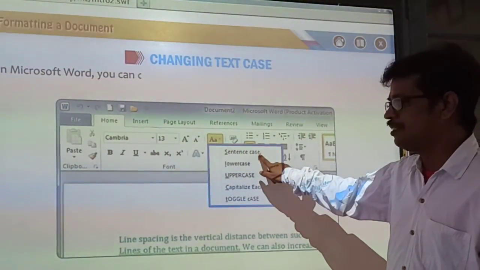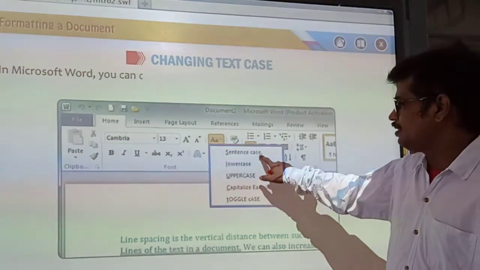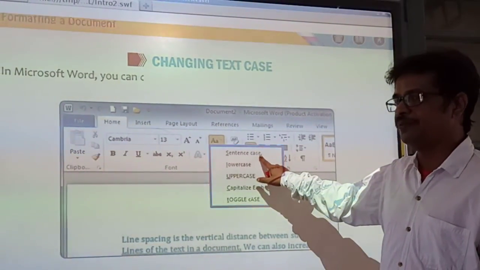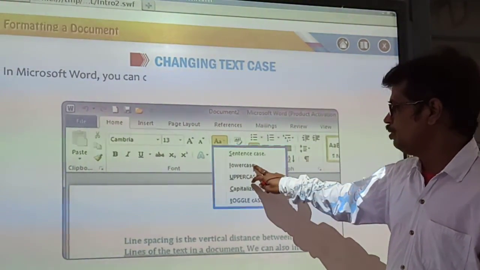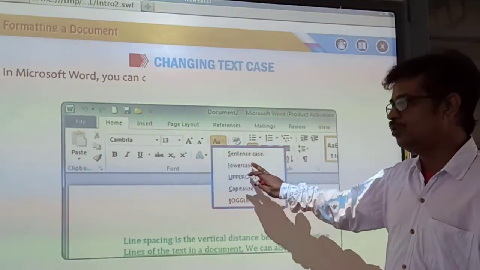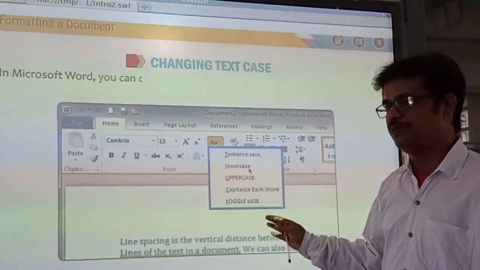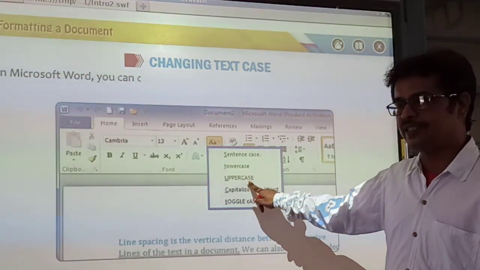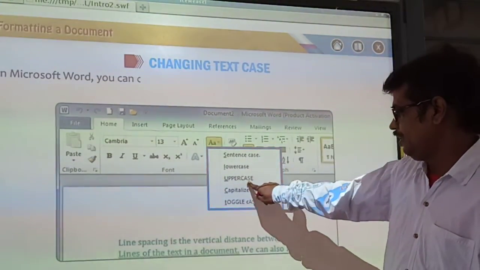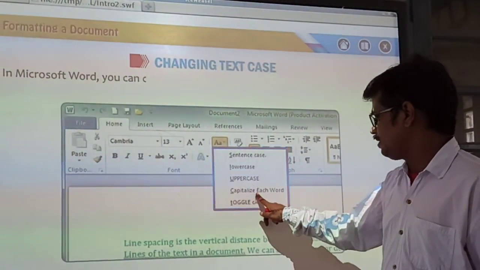First, sentence case. Sentence case is used to capitalize the first letter of each sentence. Lower case is used to convert the text into lower case. All the text will be converted into lower case. Upper case, all the selected text will be converted into capital letters. Capitalize each word.